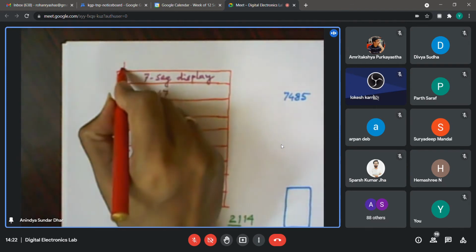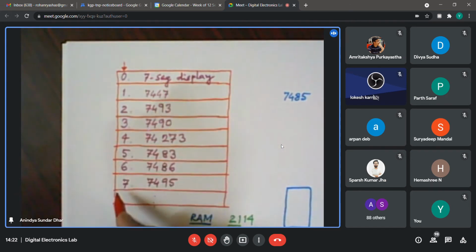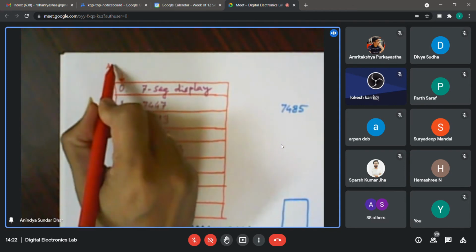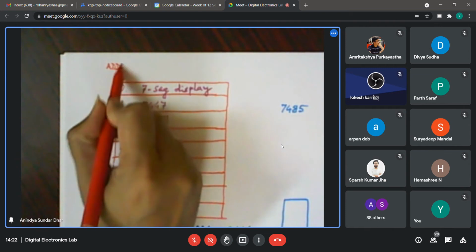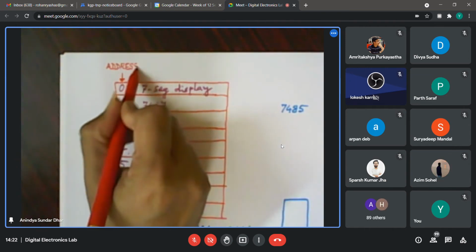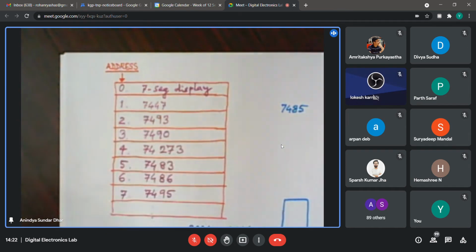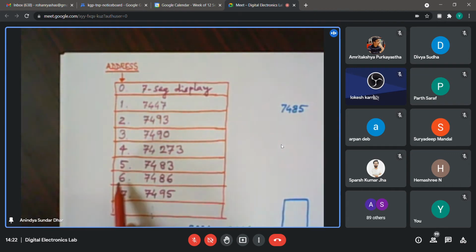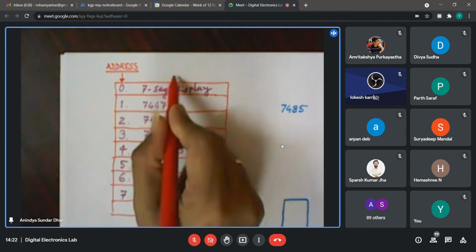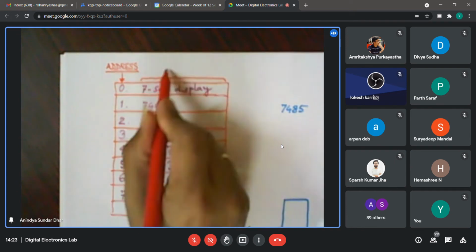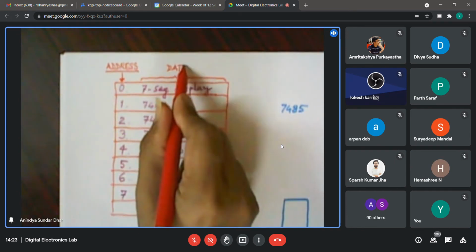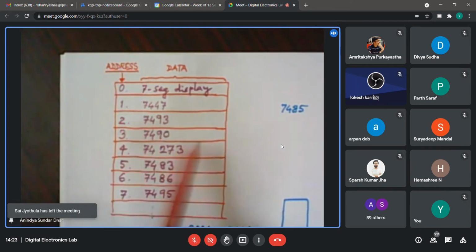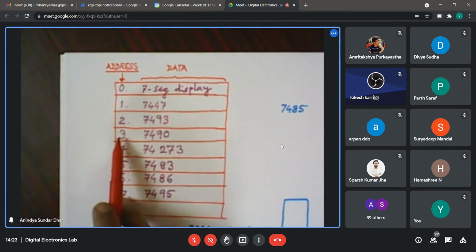So this one, whatever I have written as this index or indices 0, 1, 2, 3, we will call in memory terminology, or in that jargon, we used to call it address. So as addresses, they help us to find out a location. It is exactly like this, this address will tell us which line we are referring to. And here, whatever we have written is basically called the data. So I can write something on a particular line and refer to that particular data in that line by the corresponding address.